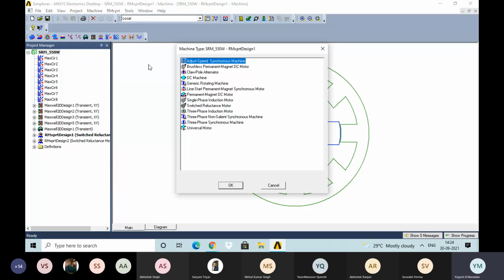The point which I have given in experiment number 1, introduction to the RM expert tool. So in that you can add the theory, like the RM expert tool is used to make the electrical machine design, and which types of machine design we can do is given here. So this is the list of machine designs which is possible with this RM expert tool, like adjust speed synchronous machine, brushless permanent magnet DC motor, then claw pole alternator, DC machine, generic rotating machine, then line start permanent